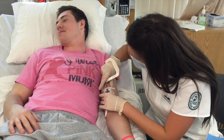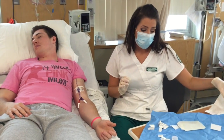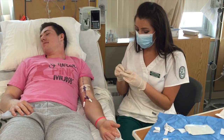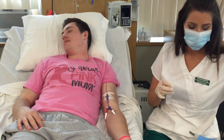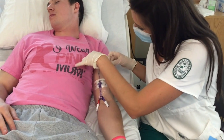I'm going to make sure it's down completely. You can also use some extra sterile tape in your sterile dressing kit to secure it down if needed. Just add some right here